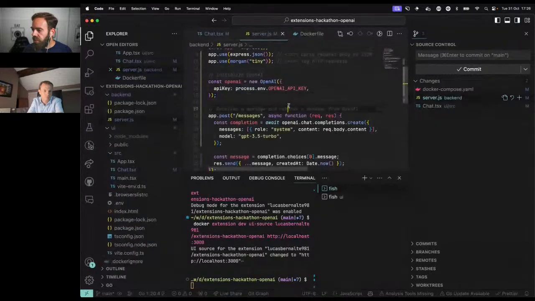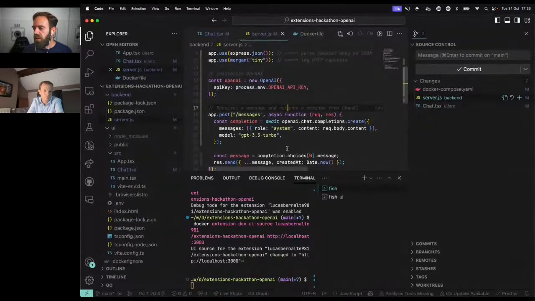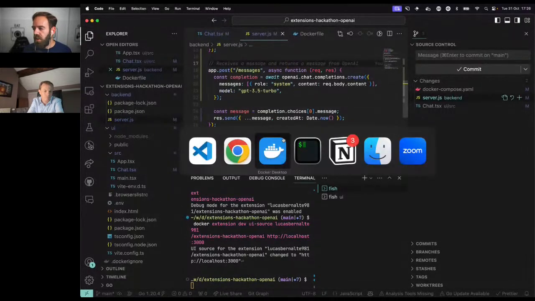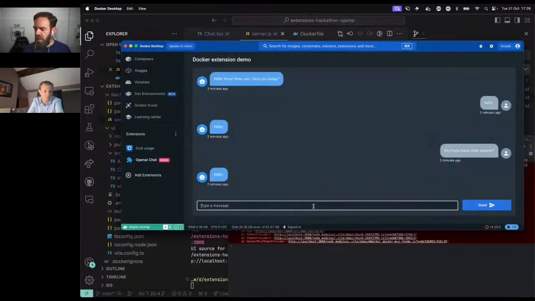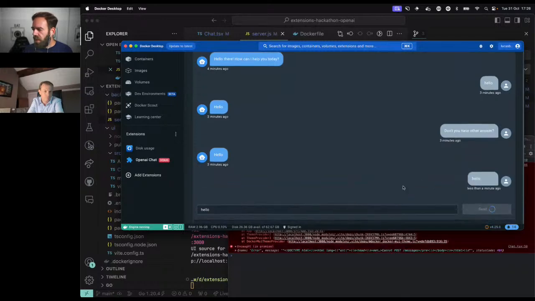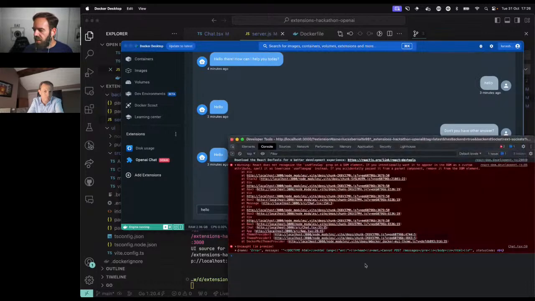All right, and for this, because we changed the backend, we need to update the extension for the changes to appear, because now we changed the chat to query a messages endpoint. But if I recall correctly, if I click on send, there's a hello message, and the send spinner gets in here, but we see an error in the console because we're not catching the error.